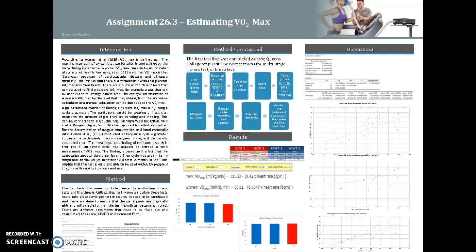And that leads me on to the PARQ. The PARQ is the Physical Activity Readiness Questionnaire, and this is filled out in the majority of places. It's filled out in gyms, it's filled out in sports clubs, but it's most common in medical testing and sports science testing. This is because it allows the researchers to get an insight into the physical readiness of the participants that they're taking on. For example, for the testing that was conducted in the current study, the participants ranged between 17 and 18, and they were mixed gender.